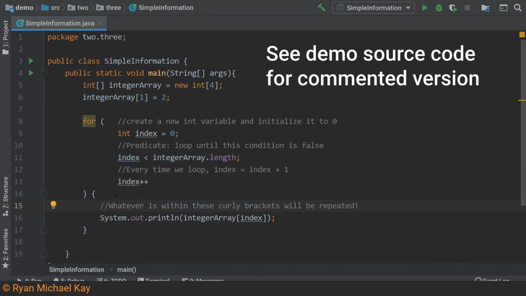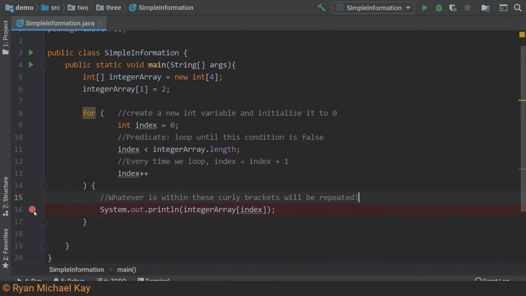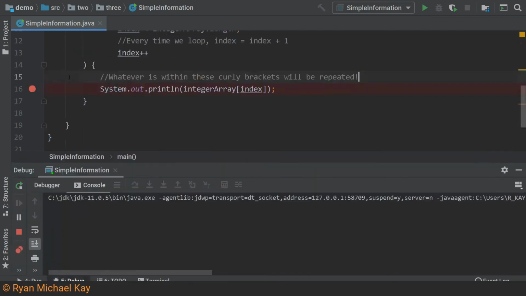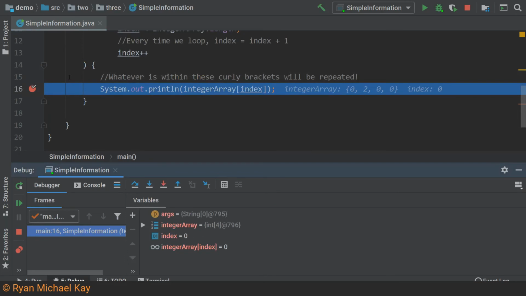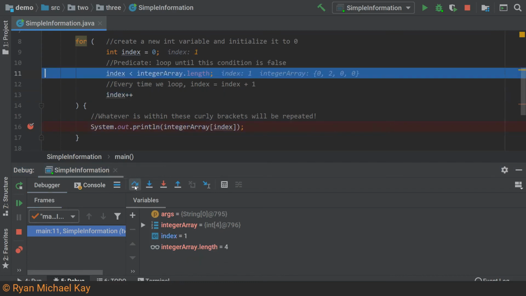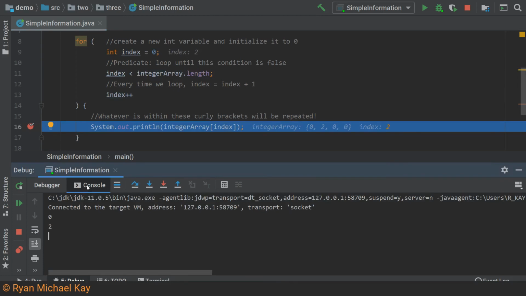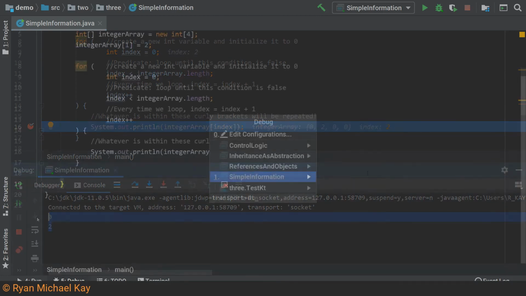The comments I just wrote explain what each part of a for loop is responsible for. In order to see how they work, let us once again use the debugger. A programming loop allows us to repeat or iterate a block of code. We can also modify the variables in the loop after each iteration. In this case, we have stated that we will add 1 to the index each time. Let us step through a few iterations so that you can get an idea of what's going on. As you can see, we are just printing whatever values are stored in this array for each index.